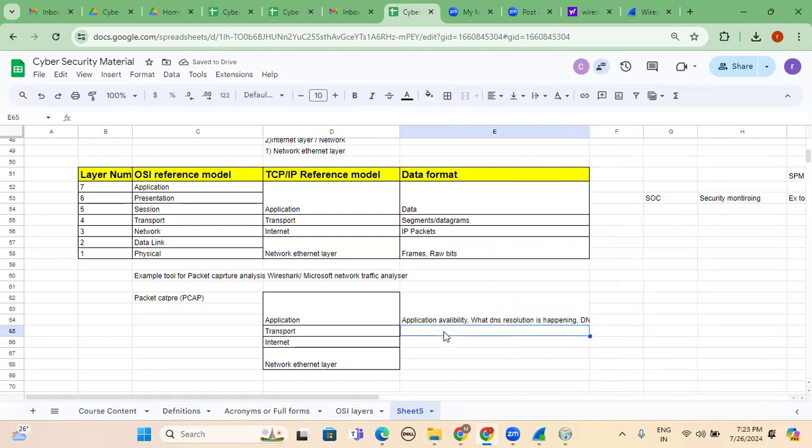In the transport layer, what exactly will we verify? Okay, so here once again HTTP request, HTTP response, and what is the server code related to the client, and what client side errors we are getting. So those things we will also verify, authentication and everything. On the transport layer side, we already discussed a couple of protocols, TCP or UDP, in the transport layer. So here we'll see whether the TCP three-way handshake is happening between client and server, or source to destination, or peer to peer, where the exact issue is. So for example, if I want to show practically once again,